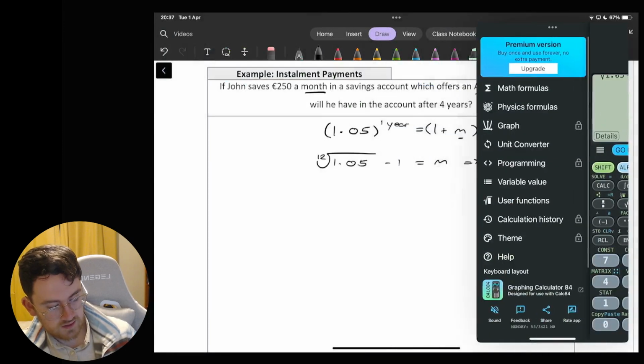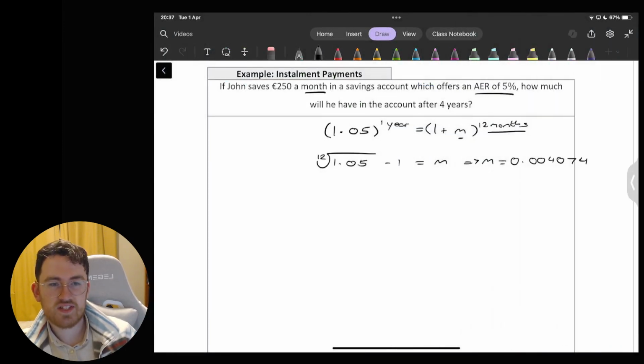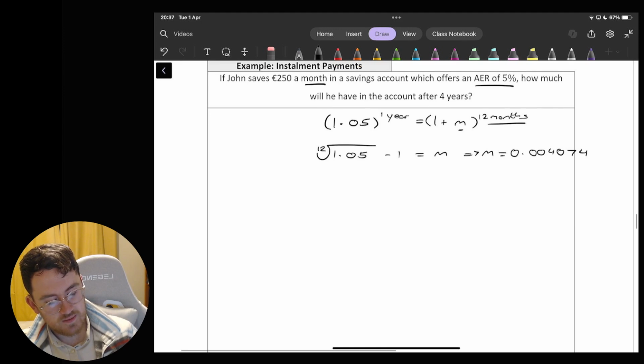Okay, we'll go with that. That's plenty of decimals there. Obviously, that's around about 0.4%. Okay, so we are looking at this savings that he's making, €250 a month, and he's leaving it there